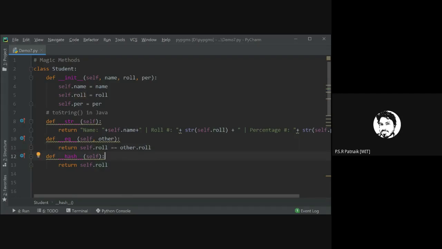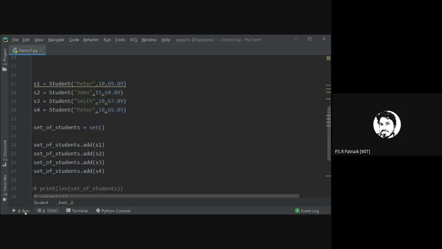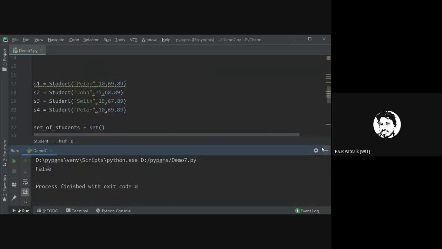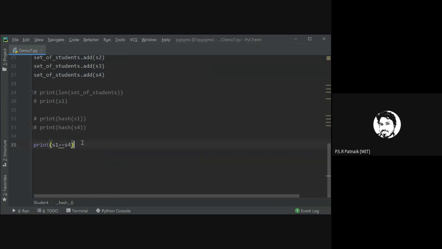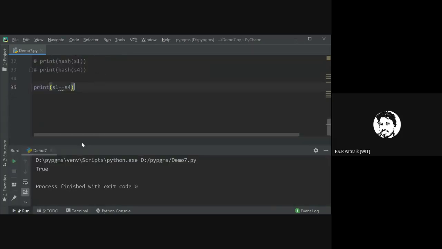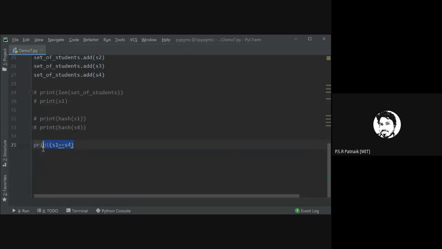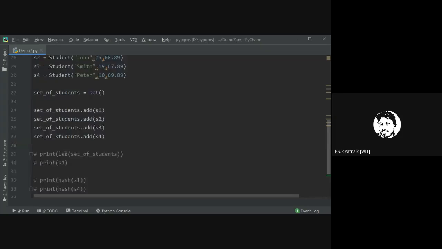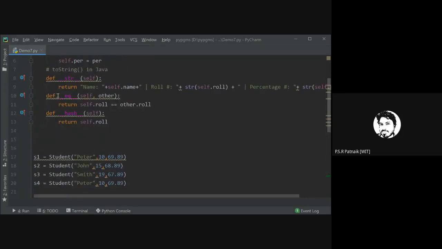That's fine. Earlier the output I received was false, but now if I execute this, let me see what output you will get. What output are you getting now? True. Why? Because I have not left Python's default logic to take over, but have redefined, or overridden, the default behavior of how it should decide whether they are equal.